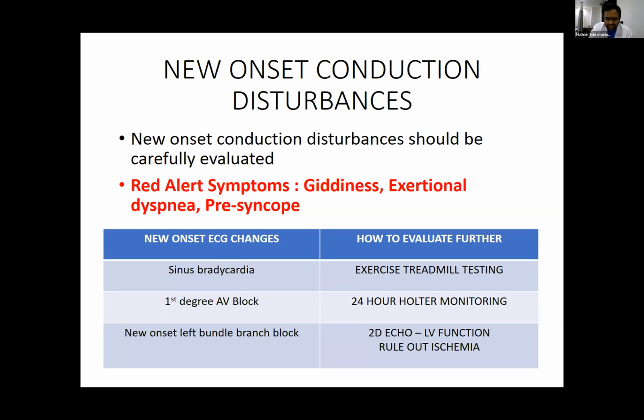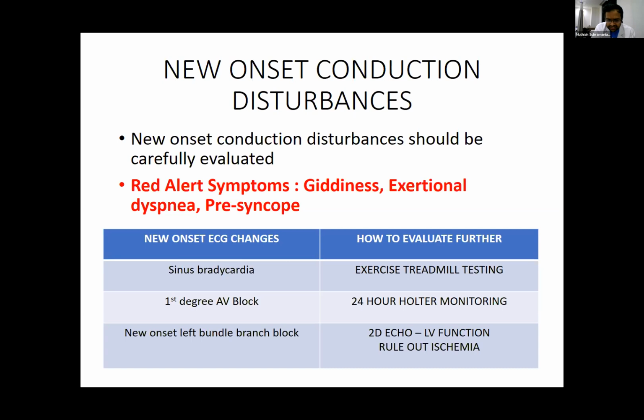So the next investigation for someone with a sinus bradycardia, if they are not very symptomatic, is a good idea to do a treadmill testing just to see if they really are having any chronotropic problems. If someone just develops a first degree AV block, sometimes we disregard it, sometimes on the ECG as cursory, that the PR is only 220 or 230. But the sign on the resting ECG of a first degree AV block may be the sign of a worse conduction disturbance later onwards. So doing something like a Holter monitoring would be advised in these patients.